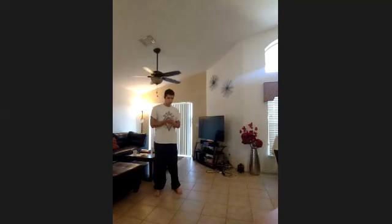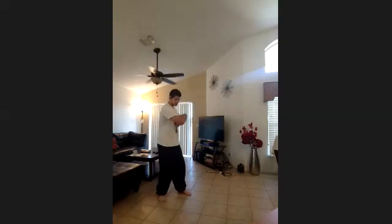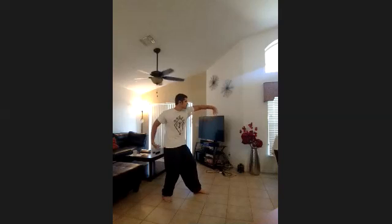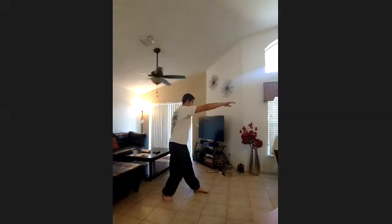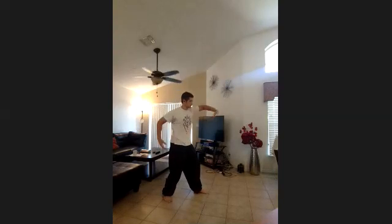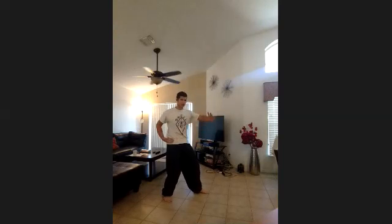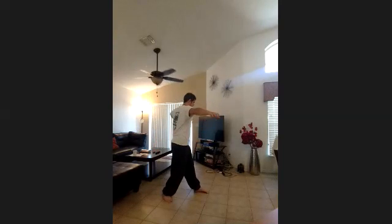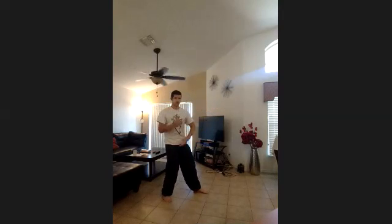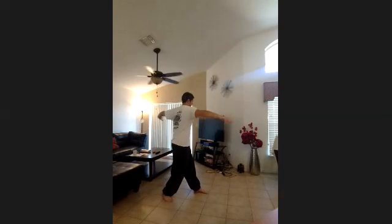Let's try that one again. Let's go from here. So, big circle. Now notice, my hands can only go so far. So a lot of this movement is relative to what my waist is doing. Of course, there's a component of the hand that has to come in and form the shapes, but for the most part, it's my body